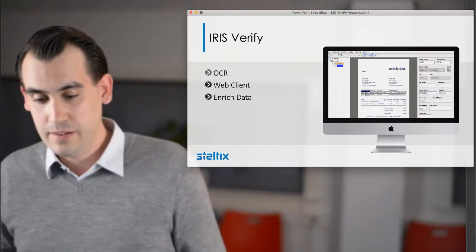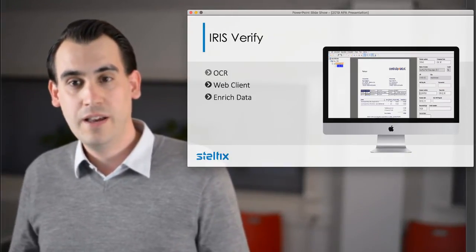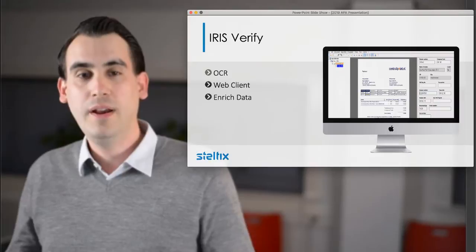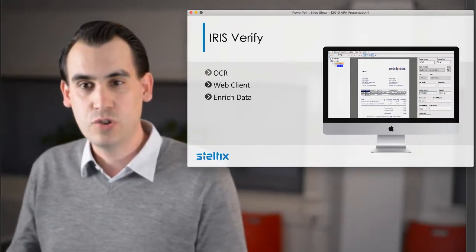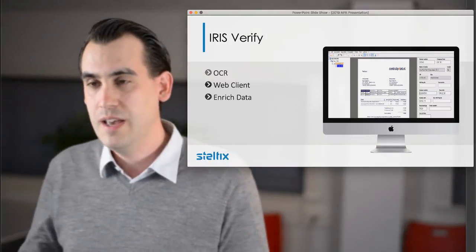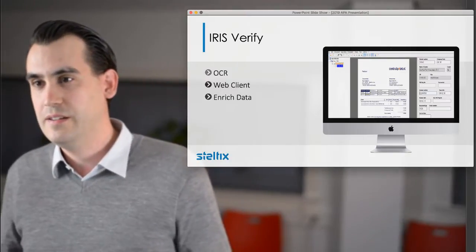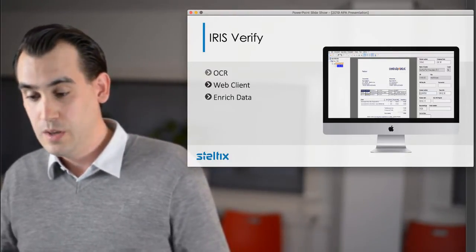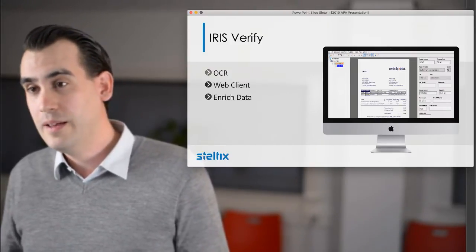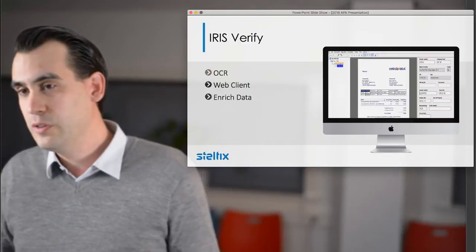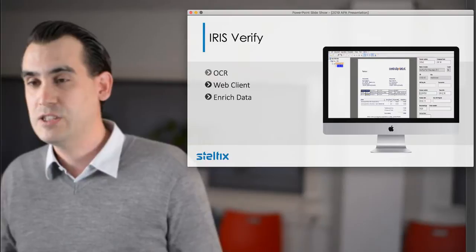Then next to that, in the Verify tool there's a Windows client where you can correct and also make the system auto-learn those positions on the invoice. The paper invoice has a lot of information that you want to put inside the boxes on the Verify tool. There's a Windows client, but what just came out is the web client, which you can use to map online all the information that was not automatically extracted